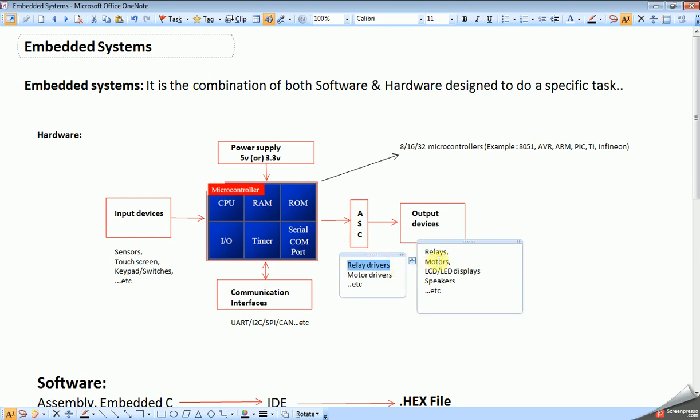If you want to interface a motor to a microcontroller, then we need H-bridge motor drivers. This may be in between microcontroller and output device, or in between input device and microcontroller, or in between microcontroller and communication interfaces.